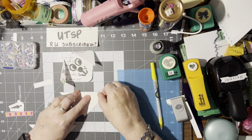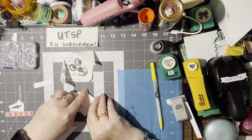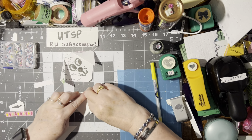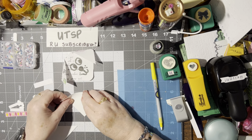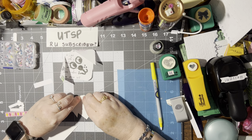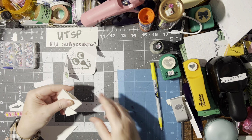So we're going to take this, and I'm just going to use this. Well, that would be enough. Nope, it's going to have to be about halfway. All right, so halfway in that square. Alrighty, that'll work. There's that one, and here's this one. We just got to fold them down so he has some floppy ears hanging down. All right, good enough. And then what I did was I just rounded this off for the chin,